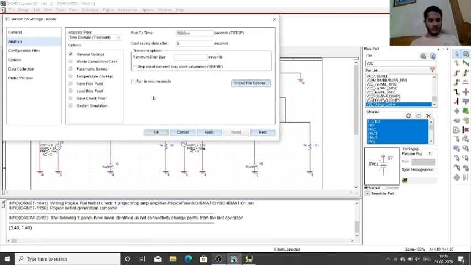This window will appear. We'll select transient analysis, and in this option we need to enter the time to run the simulation. I'll enter 10 milliseconds. Let the start be 0, and the maximum step size will be 1 millisecond. Click on OK.